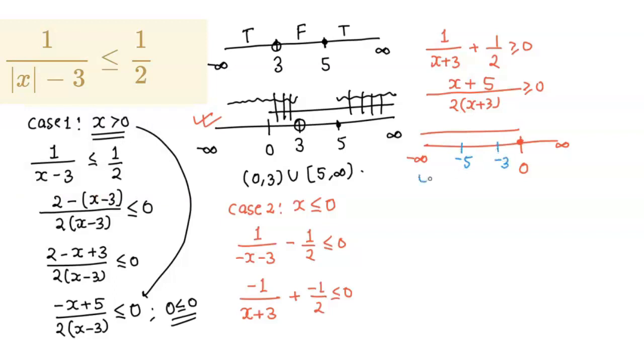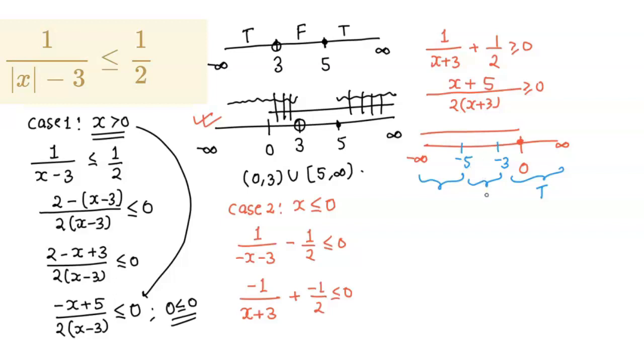So there are three regions. See the blue signs: first, second, and third. Don't look at the red one. The red one is for the case, that will be included last, after solving this blue area. If we take any number greater than minus 3, like 0, 0 is greater than minus 3. If we put 0 over here, 0 plus 5 is positive and 0 plus 3 is positive, positive into a positive number, that is 2, is positive, and positive upon positive is positive, and positive greater than or equal to 0 is true. So this region is true.